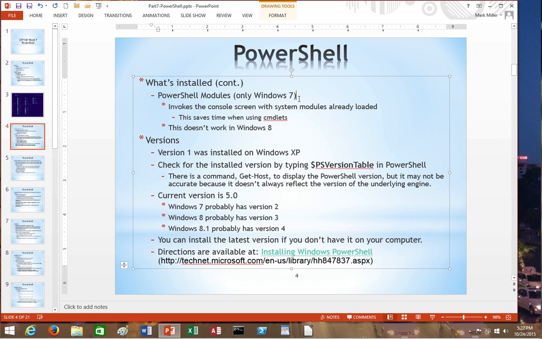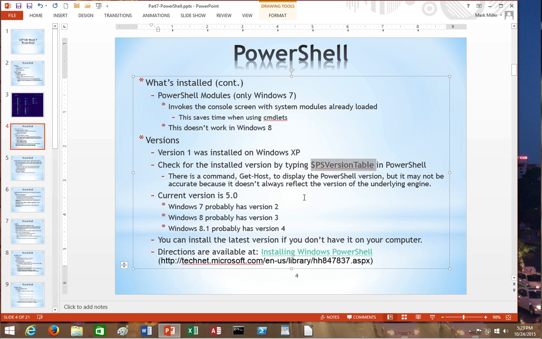Now, the current version of PowerShell is called version 5, and from what I can tell, version 5 is very, very new. So it doesn't really matter that much if you've got version 5. If you have Windows 8.1, you most likely have version 4. At any rate, you can tell what version you have by using this variable. Now, what that variable will do is give you a table that lists several pieces of information, one of which is